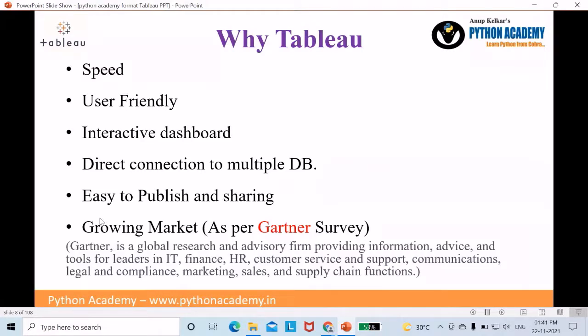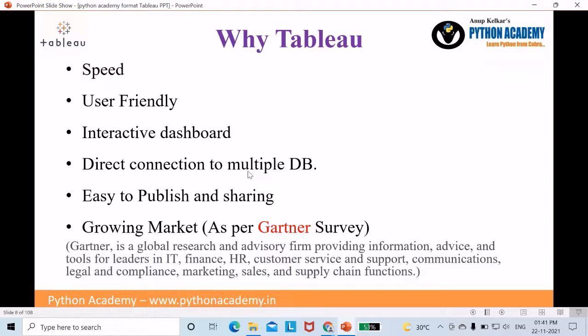Interactive dashboard is a powerful tool in Tableau where you can draw the inference by combining different worksheets in a single dashboard. Direct connection to multiple databases. Tableau has 50 plus database connections in Connection Manager. We will see in detail how the Connection Manager plays an important role to connect the database from server as well as in files.